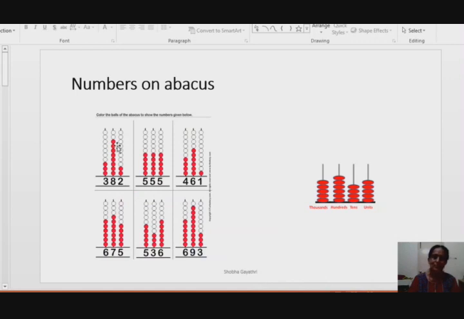You know how to represent or write the numbers from abacus spikes also. Now one bead here, the rightmost spike on the abacus is ones place. It is tens place. It is hundreds place. There are 4 beads here. 4 is in hundreds place. 6 beads here. 6 is in tens place. There is 1 bead here. 1 is in units place. Ones place, tens place, hundreds place and thousands place. This is an abacus with 4 spikes.